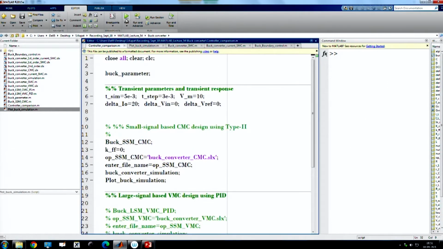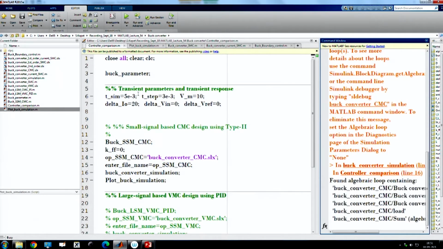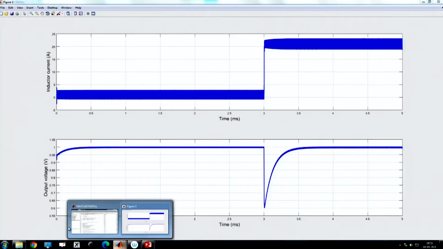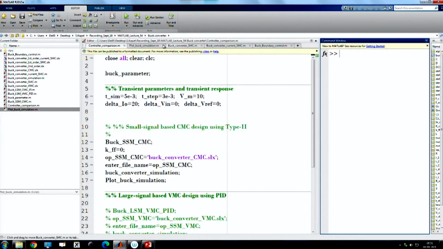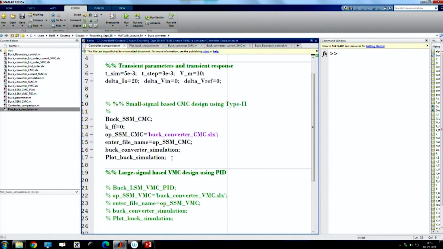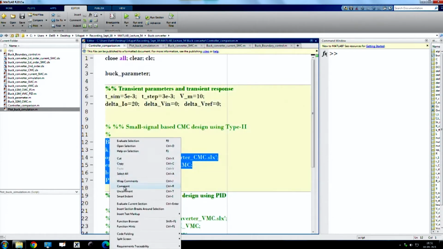Here we are first running current mode control, where we are giving 500 by 1/8 of the switching frequency, because the model validity we have checked. So, this is using our current mode control. Now, on top of that we want to plot our response using large signal based current mode control, and we want to comment it,